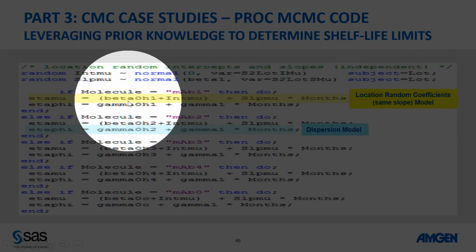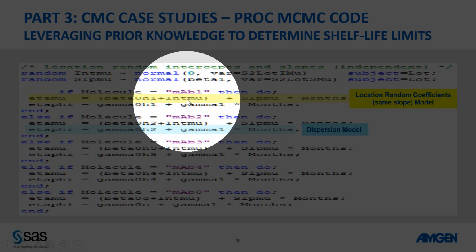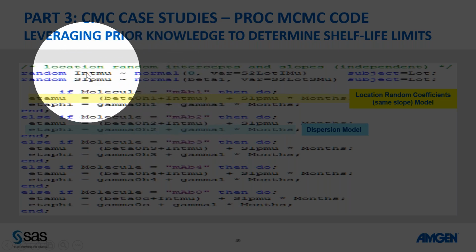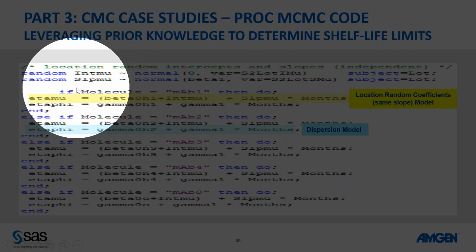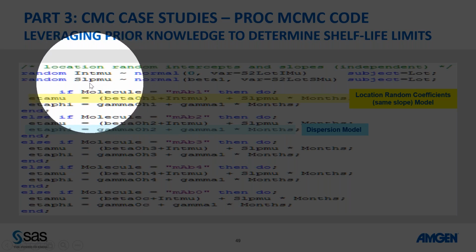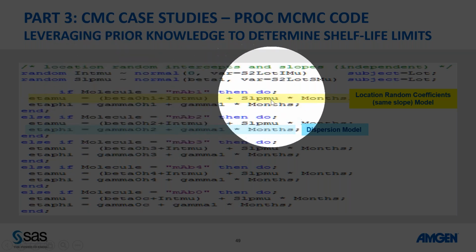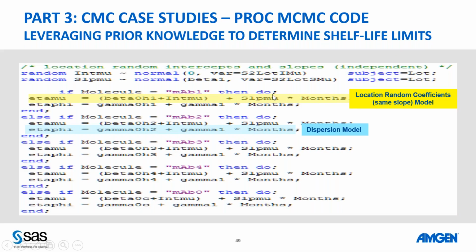So you have an intercept and you have the random effect of that intercept. This int mu is this random effect. This is the lot-to-lot variation at time 0. This LSP mu is the lot-to-lot variation for the slope or degradation rate, and this is just that. We are assuming that they're all going to have the same degradation rate because they describe the same phenomenon for high molecular weight. That's again another assumption that you may need to check or you can modify.